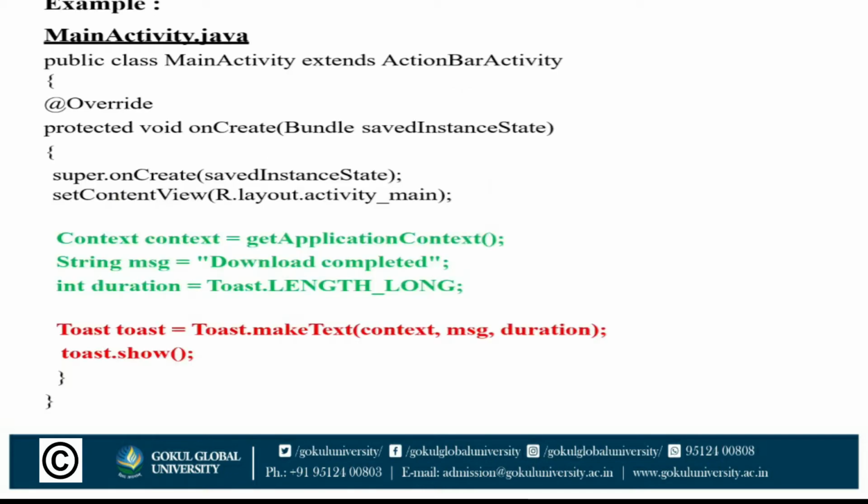The Toast class includes a static makeText method that creates a standard toast display window. It requires you to pass the application context, the text message to display, and the length of time to display it: LENGTH_SHORT or LENGTH_LONG into the makeText method to construct a new toast. Once a toast has been created, display it by calling the show method, as shown below.